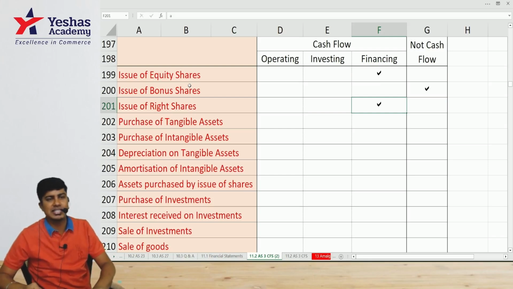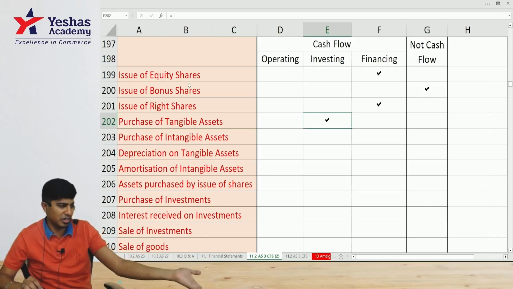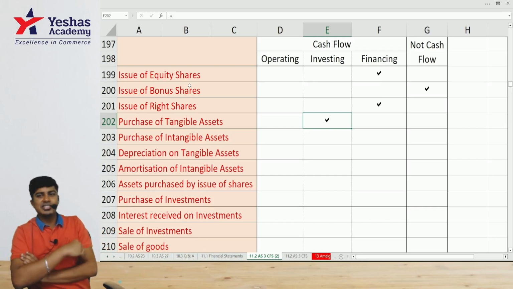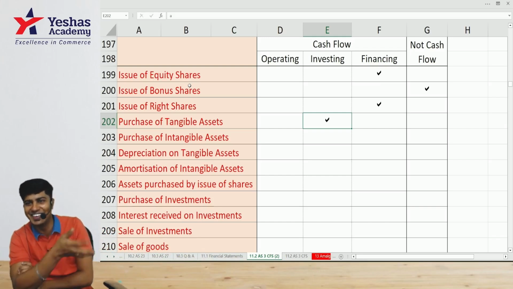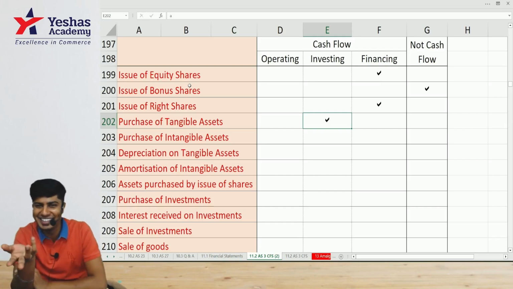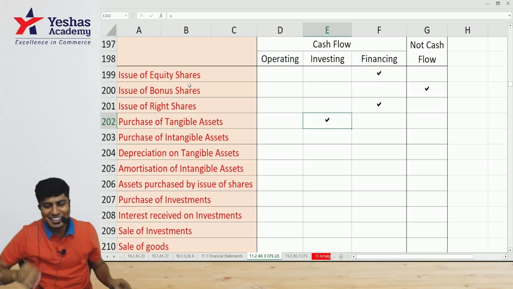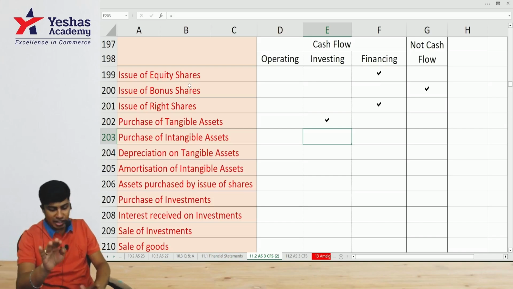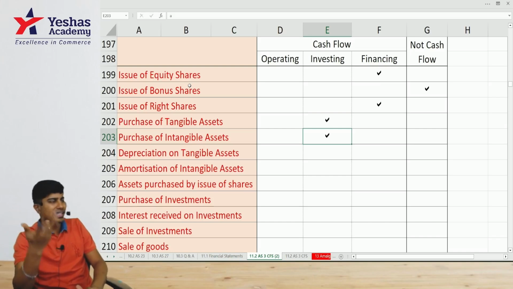Purchase of tangible assets. Investing activities. Sir, tangible assets means assets which you can touch, see and feel. Intangible, you can only feel the asset. You cannot touch goodwill, patent, know-how. Okay. How about purchase of intangible asset? That is also investing only. It just does not have